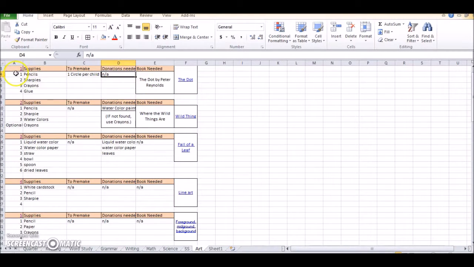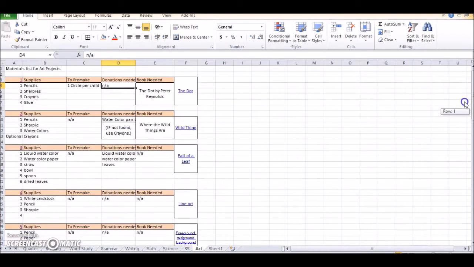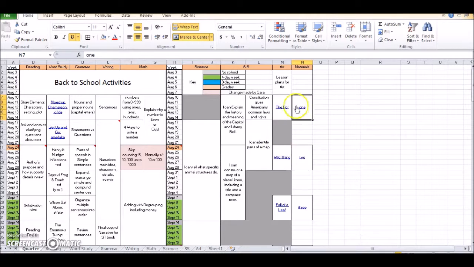Then I made it so that if I click on the number, it's purple right now because I've already clicked on it. But if I move to a different one, they're all purple. So if it's blue, it's going to take you back. So if I click here, it'll take me to that same website because I wanted it here in case I wanted to click over. But if I click here, it'll take me straight back to the quarter sheet that has the